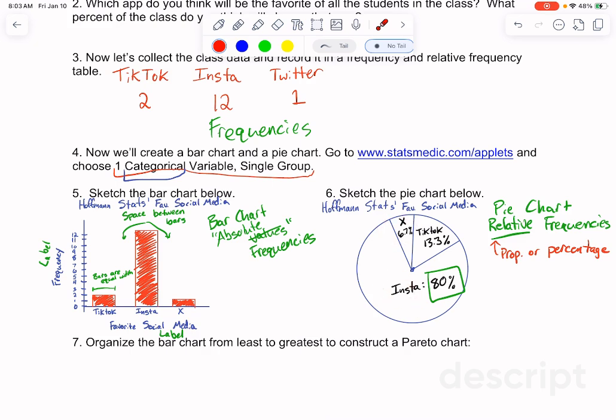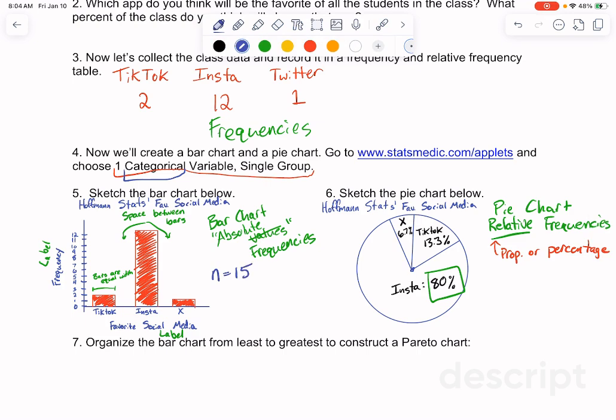The difference here is relative frequencies are much more comparable across differently sized samples or populations. So our class is only 19 people strong. We only had 15 people answer the survey. So remember our sample size symbol, that is N in this case, is 15.